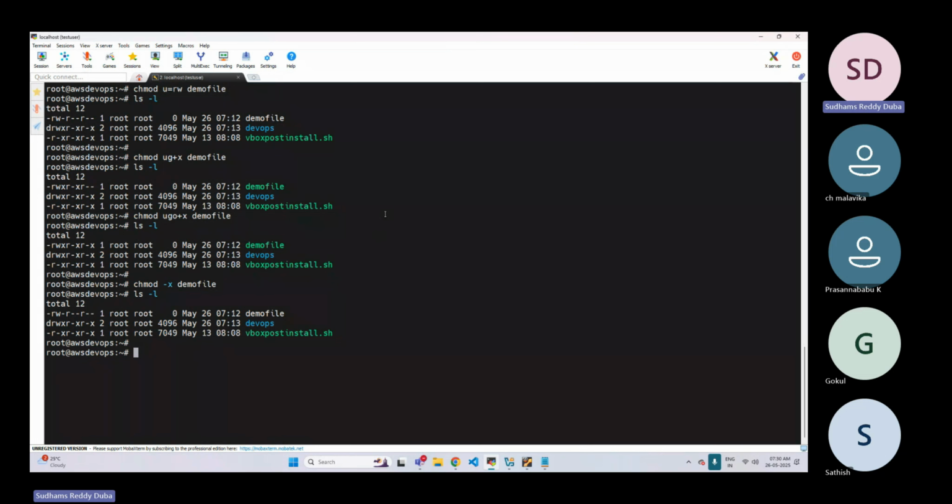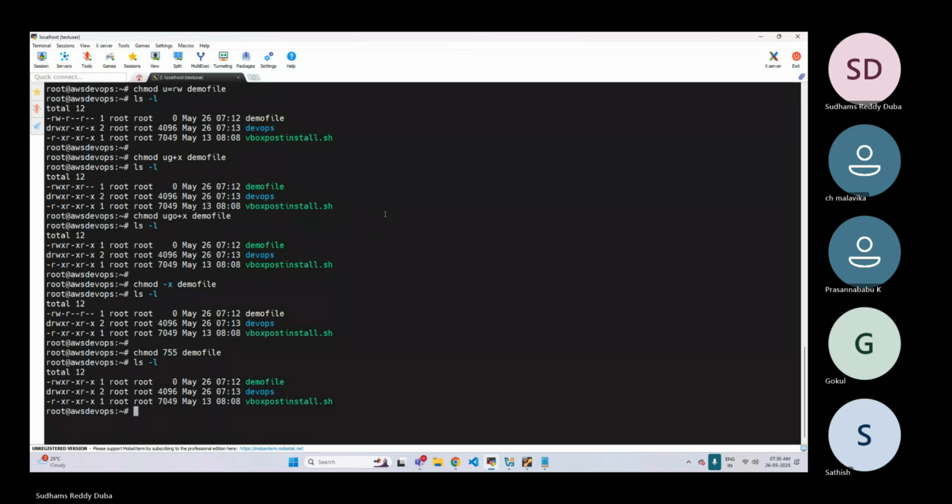How is that possible? chmod. First I have to calculate what is the full permissions, 7. Read and execute, 5. So 755 and the file name. That's it. And now if you cross check, you can see the permissions are 7 for user, 5 for group, 5 for others. Okay. In this way, numbers are pretty easy to handle. Okay. And let us say I want to change it back to 644. chmod, initial permissions 644, and we're done.